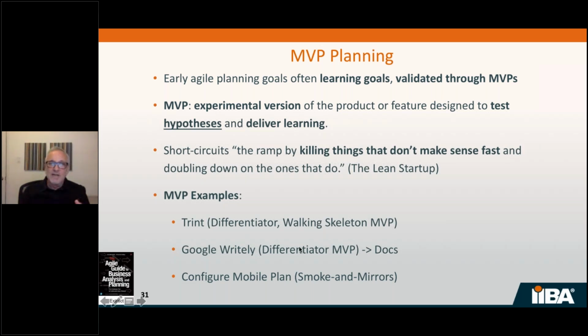I'll just talk about one of them right now. Google Writely was an example. It was an example of a product that would allow you to share documents over the cloud. It did not do a lot of things that Word does, even though it's meant to be a cloud text editor. But in the first versions of the MVP, it really focused on the sharing aspects, because that's where you're going to